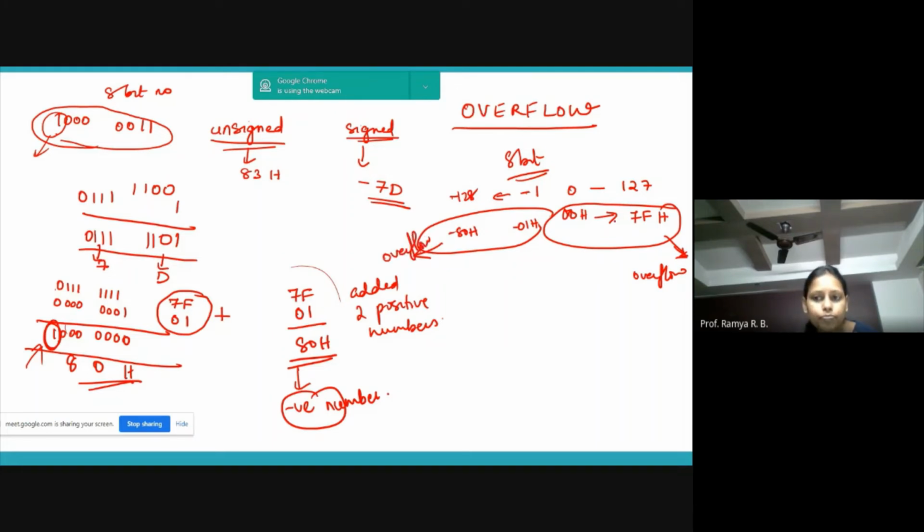What happened here? 7F is our last number which represents 127. When I added 1 to 7F, I got 80h. But 80h does not fall within this range. It is actually an overflow. So your result is not negative. Your result is a case of overflow. So in such cases, what will you do? You cannot tell just by the sign flag whether the number is positive